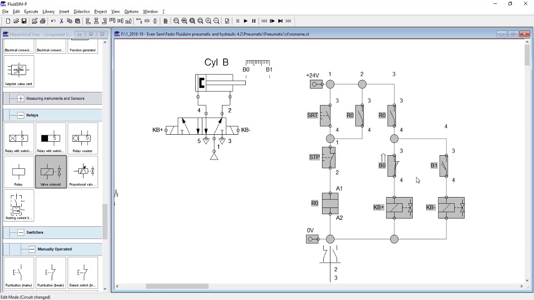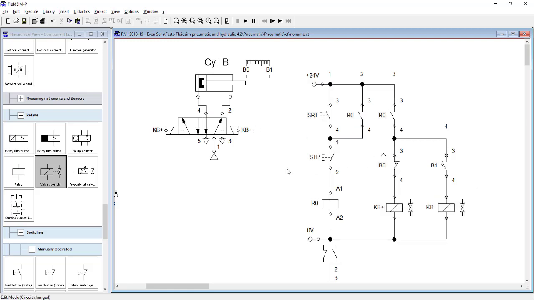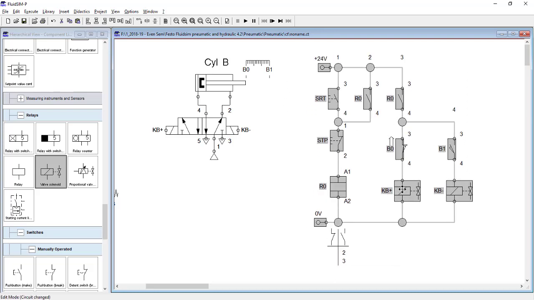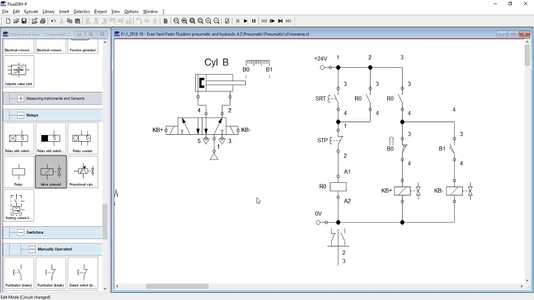But this is how this system works, and this is the same system that is used in almost all industries that use pneumatic systems now. So this is how the pneumatic systems actually work in the industries. If you understand how these basic circuits work, it will be very useful to you when you go to your industry. Okay, so thank you. We will see how to make these electro-pneumatic circuits in the next lecture.